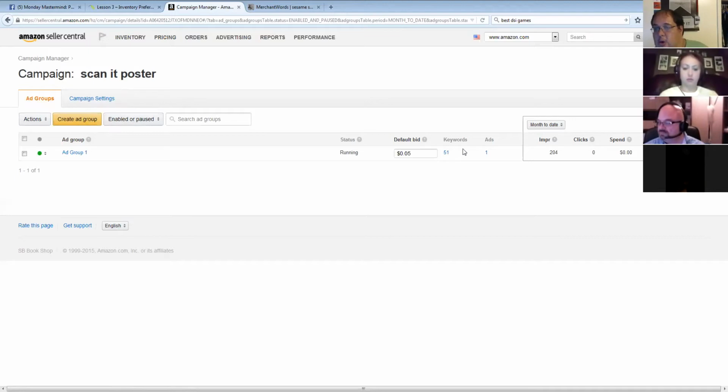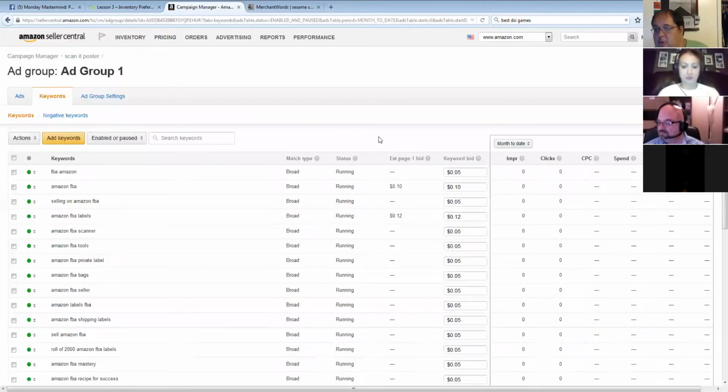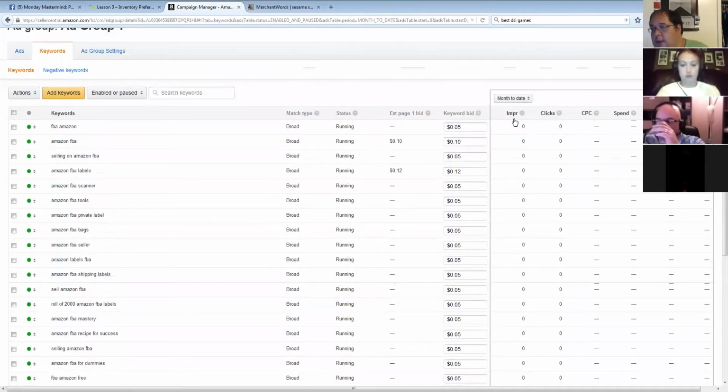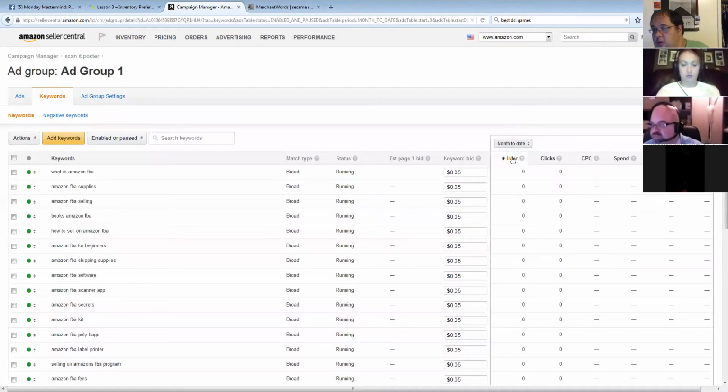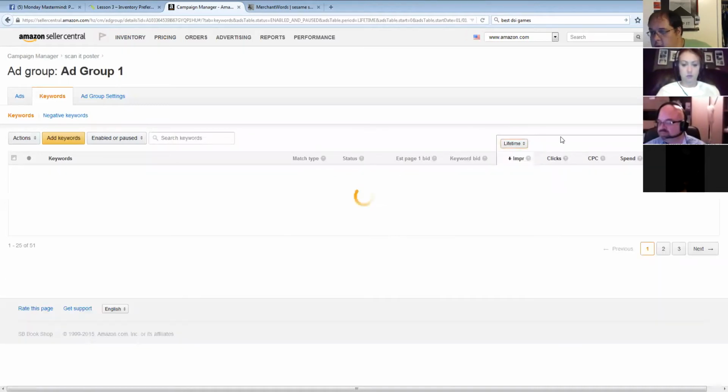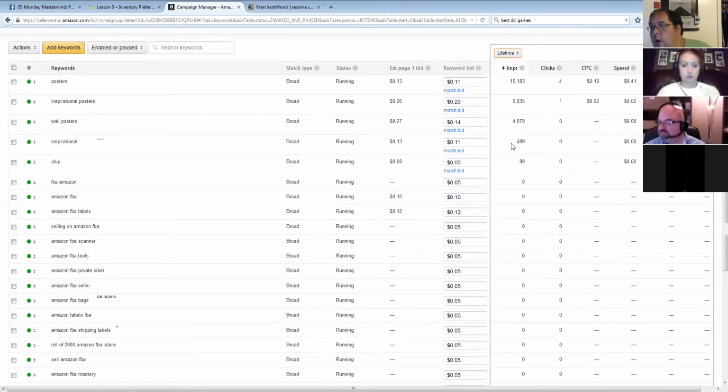So if we click on keywords, we can go to a list of all the keywords, and it's showing what our keyword bid is. We can search by the top impressions. And now it's showing you what the estimated bid is to be on page 1. So it's a bidding system, just like the Google pay-per-click. So it's showing you, to get on page 1 of the search for this word, posters,